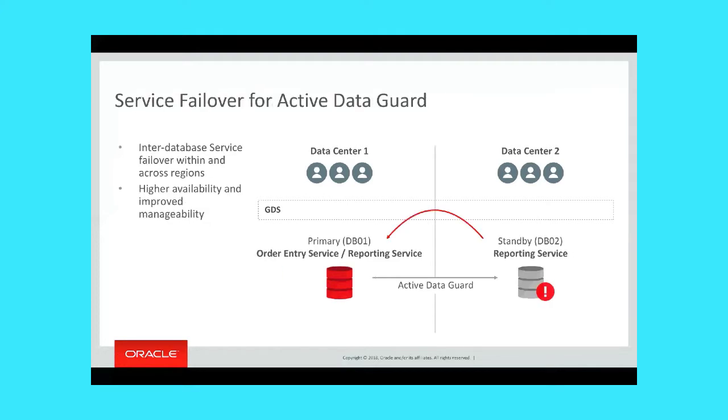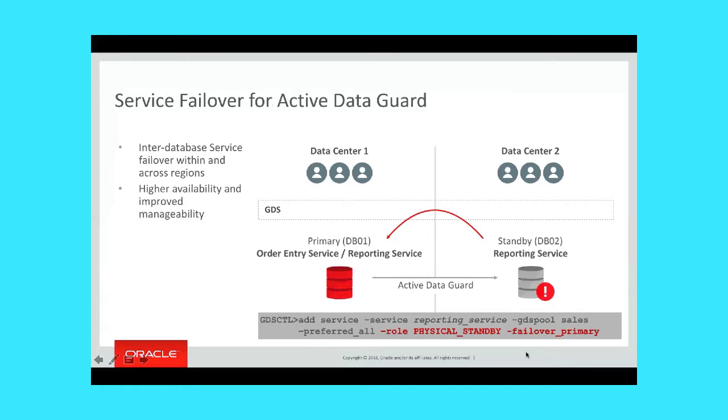Service failover active data guard. So we know that active data guard, whether it's switchovers or failovers, they do role transition. Right? Primary becomes standby, standby becomes primary, etc. So now, when this role transition happens, our goal is to have this global services come up based on the role of the database that you define. Right? So, for example, in this case,